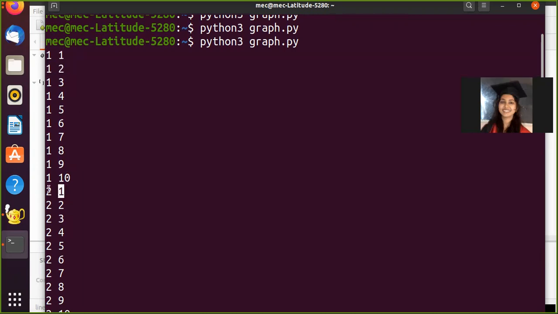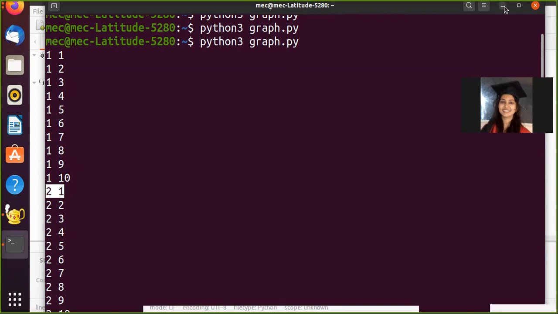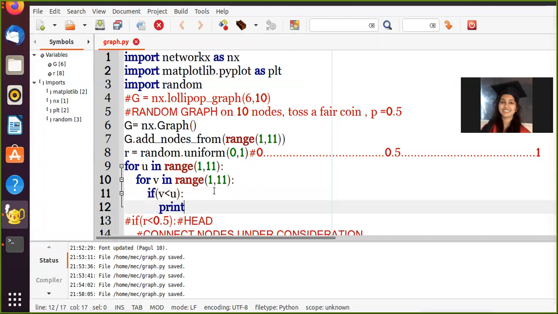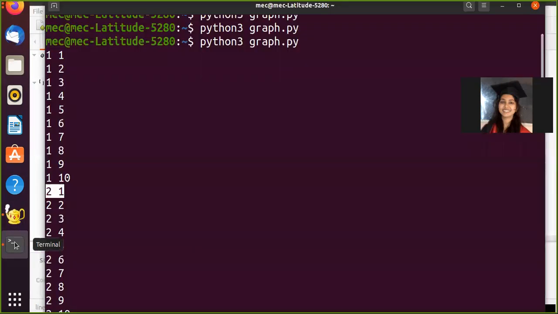But the problem is, again, you are tossing a coin for 2 1. So I want 1 2 and 2 1 to be considered only once. So here we can have a condition that we are going to toss only if v is less than u, you can put it in either way. As of now, let me just print it to show you what's happening here.